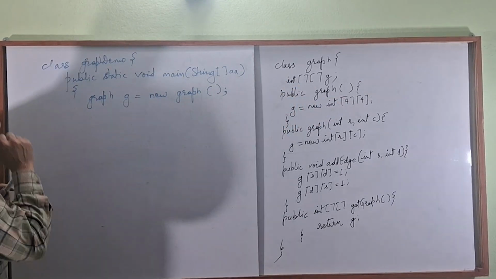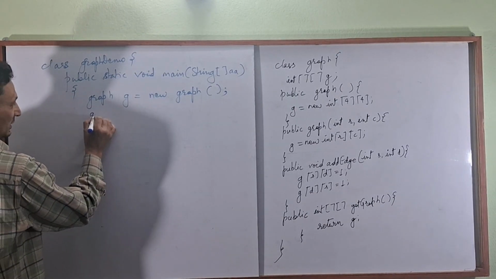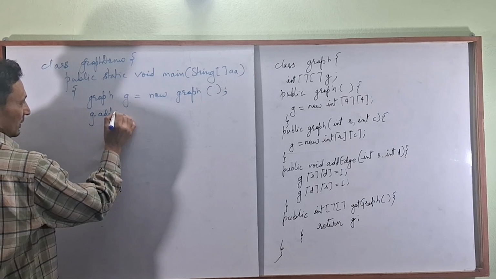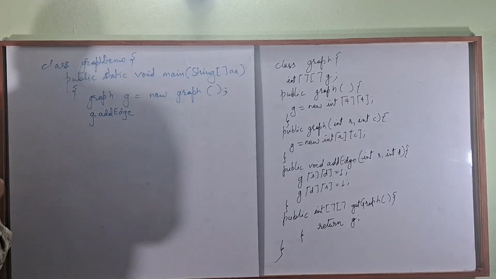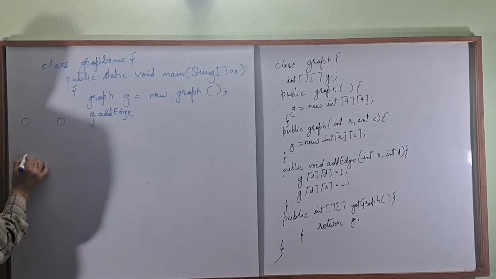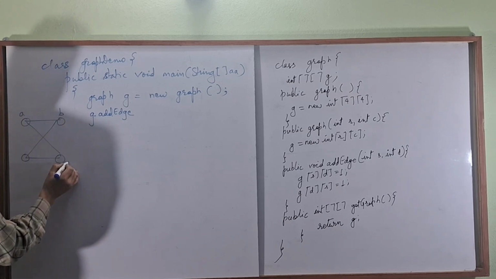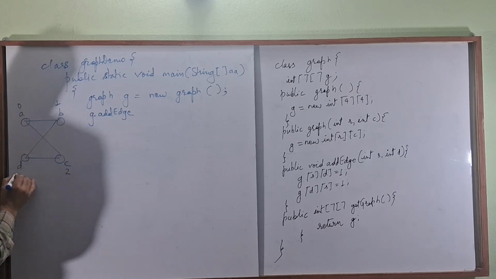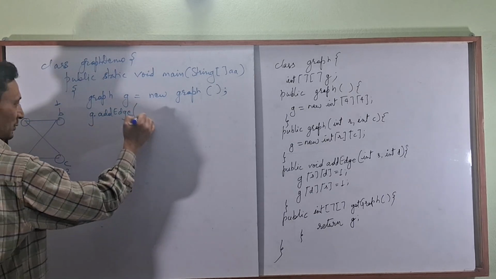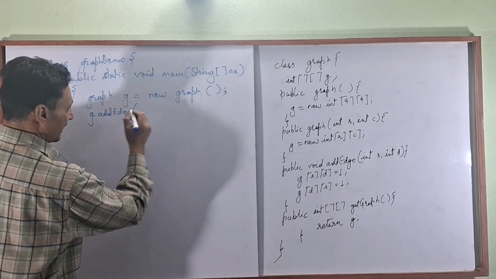Okay, then what we have to do, we have to call this add edge. Okay, z dot add edge. Now I will be making another graph. Suppose we have a simple graph like this. Okay, this is the graph a b c d. Now let's suppose this is 0, this is 1, this is 2, this is 3. Okay, so to make the edge between a and b, we will be supplying 0